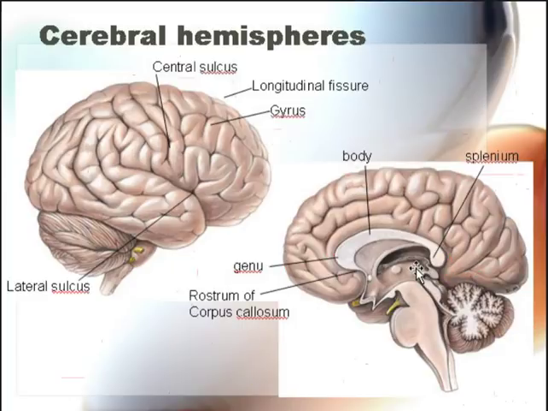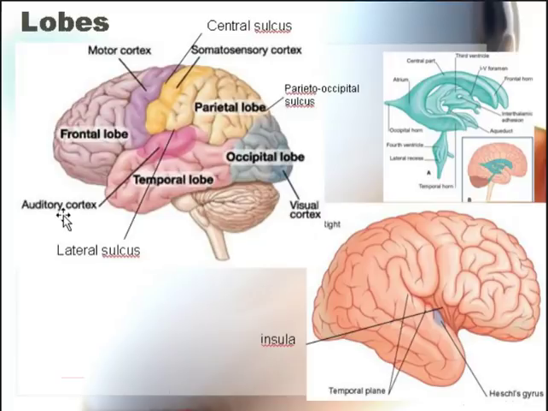Let's now look at the lobes and how the lobes of the cerebrum are divided. And then we'll also see the cavity up here, which you see, which is the lateral ventricle. Now, in order to divide the cerebral hemispheres into lobes, we take certain landmarks. One is the central sulcus. The second is this lateral sulcus, also called the posterior ramus of the lateral sulcus, because this lateral sulcus actually